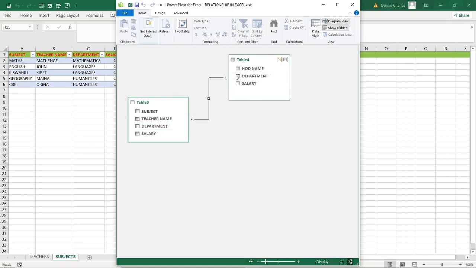The relationship can be used to create a query that will assist you to automate your work in Excel. It can also be used to create a pivot table that will be used to analyze data in Excel. You can use a pivot table between 2 or 3 tables or even more, because we have one-to-many relationships, one-to-one relationships, and such like. So I'm going to show you now how to do all this work.